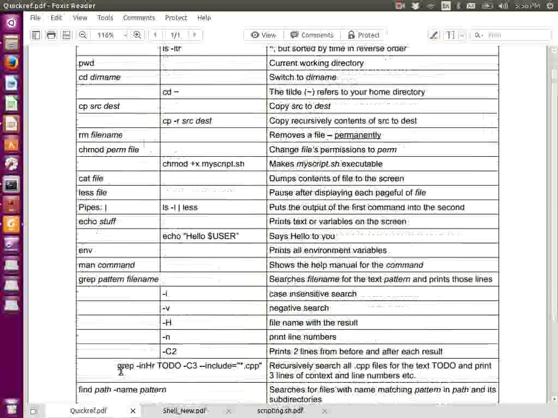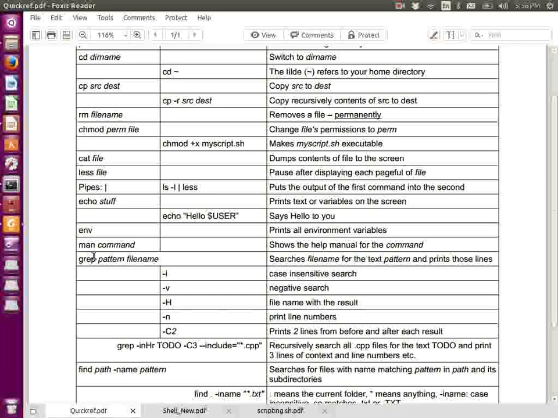Then the man command, and then the grep command. So here are a few options for the grep command, because searching in files is kind of important. If you add the -i, it makes it case insensitive. So uppercase, lowercase don't matter. -v negates. So instead of printing the lines with the pattern, it will print the lines without the pattern. -H will also print the file names. -n will also print the line numbers. And